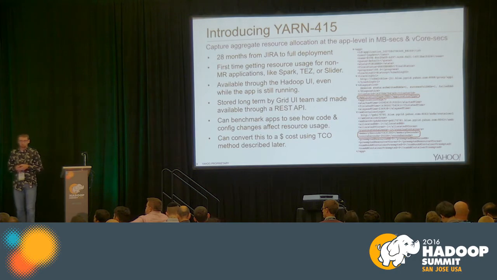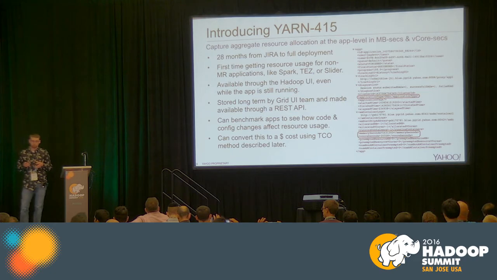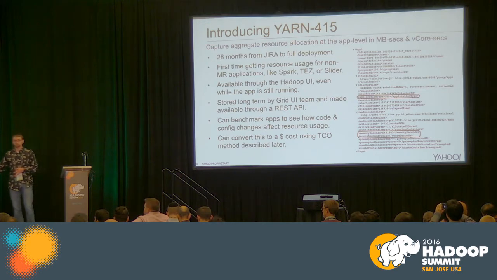So way back in 2013, I proposed Yarn 415 as a way to capture aggregate resource allocation up at the Yarn application level. If it was up to each of the individual application types, we'd just never be able to get it done. If it was up to Tez and Spark and Slider and every custom Yarn application type someone made, we'd probably always be trying to get that full picture of usage. So this approach was to move it up to the Yarn level, so that no matter what kind of application you run, we get your resource usage and get it in the same language.